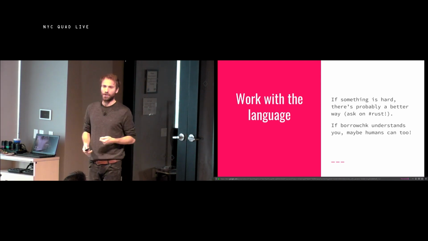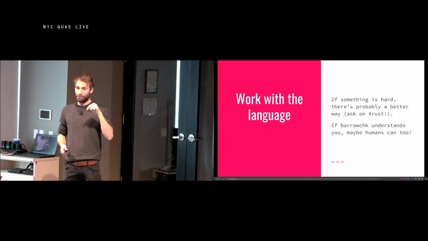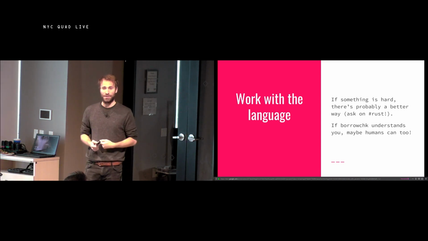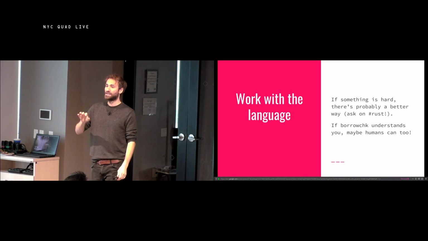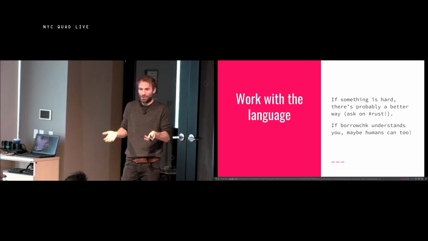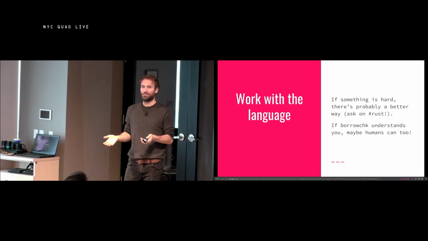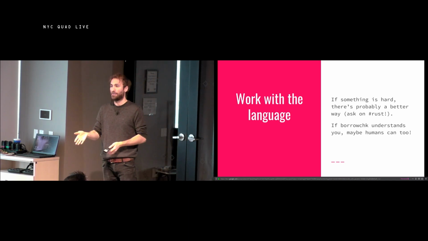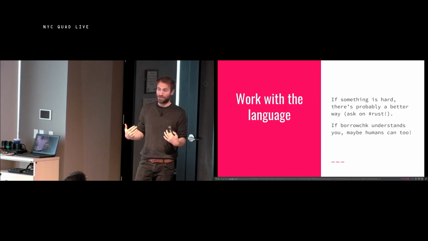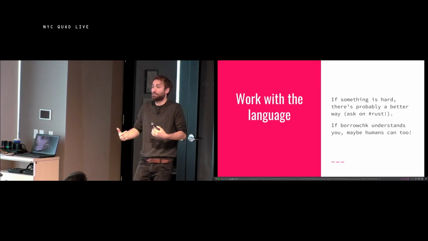There's also a secondary argument to this, which is if the borrow checker understands your code, there's a higher chance that someone else would understand it too. If you start adding lots of unsafe annotations, doing lots of pointer type aliasing, you can do that, but chances are 6 months or 3 months later when you come back and look at this code, you will not understand why you did what you did or what invariants are being enforced by the unsafe. And no one else is going to understand it either. So if you can avoid unsafe and not have to fight the borrow checker, that's probably better.